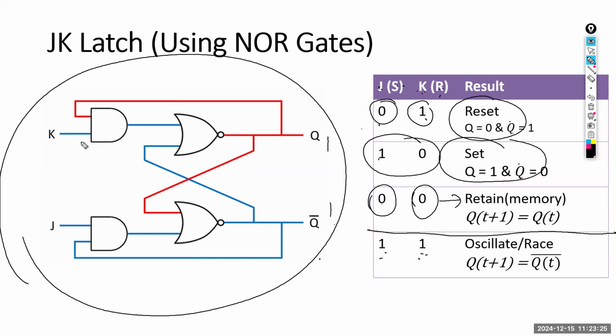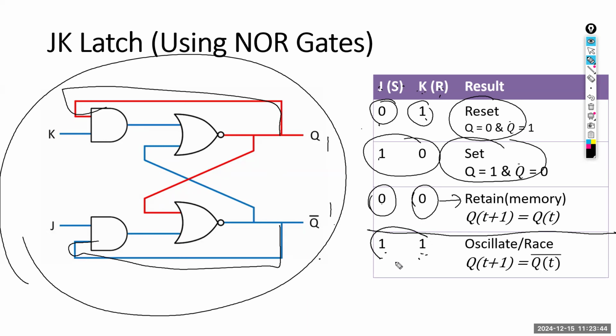But when you arrange your system, remember this is not an SR latch. You can see this output is connected to here. This output is connected to here. So therefore, this is not an SR latch or gated SR latch. This is a JK latch. And when you arrange like this, there's an advantage,